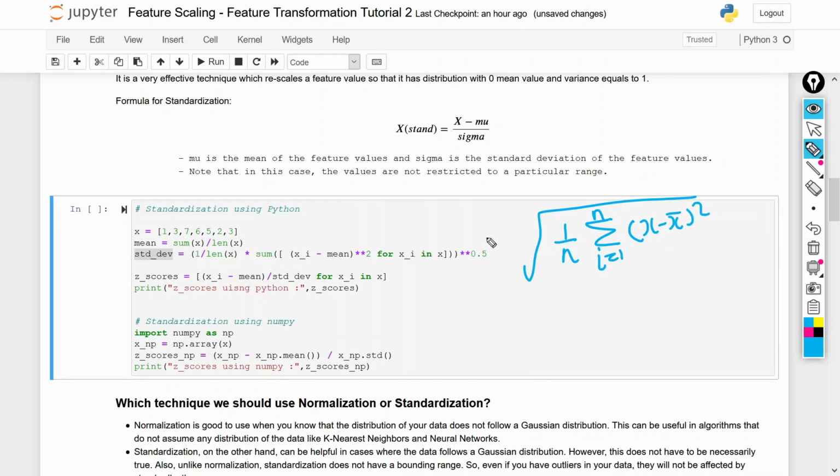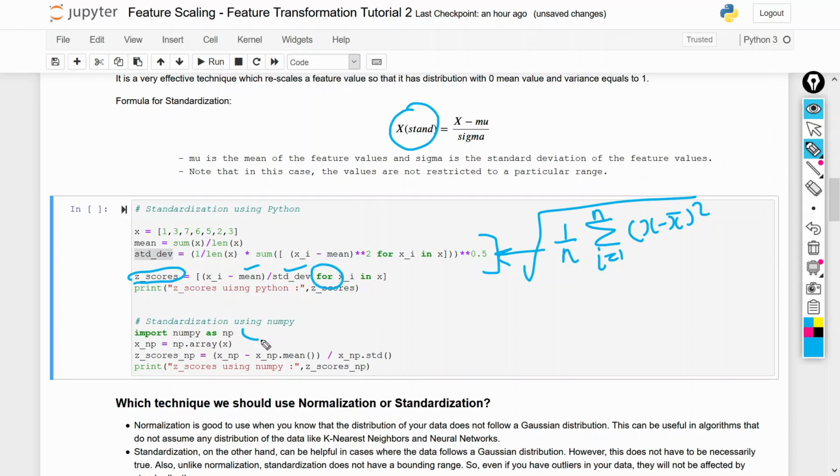This formula I am doing in Python. Then after that I am calculating the z score. Z score is your standardized value. Here x minus mean divided by standard deviation, then iterating over all the values using the for loop.